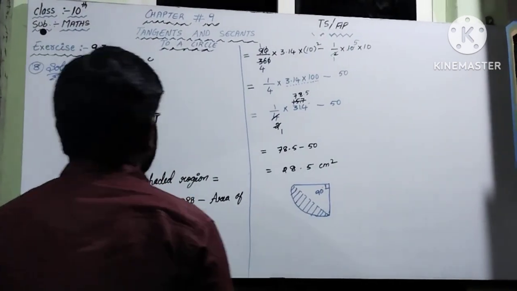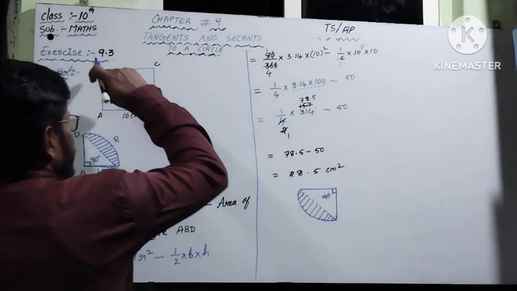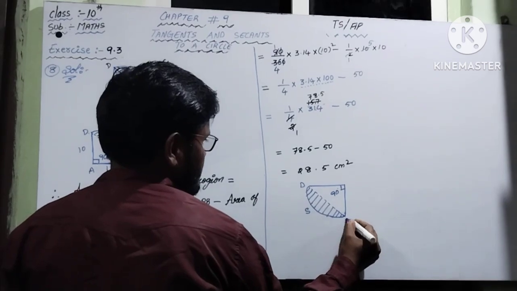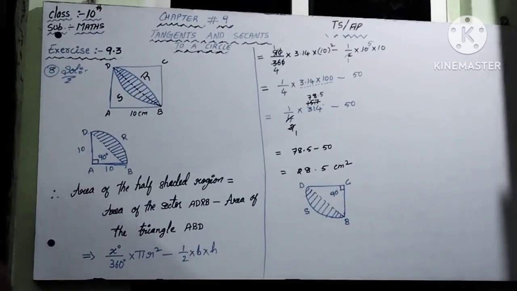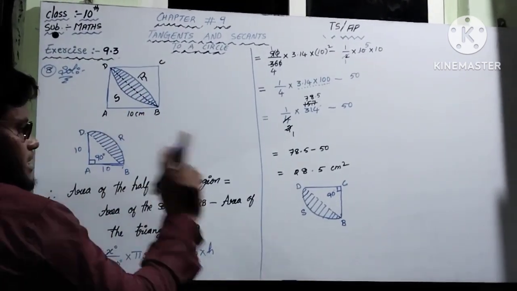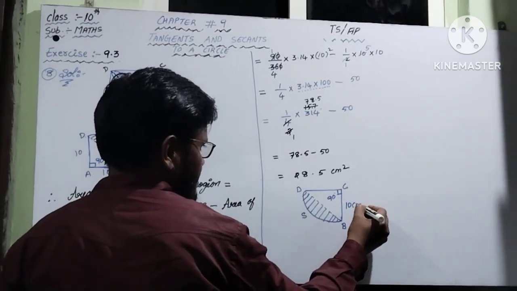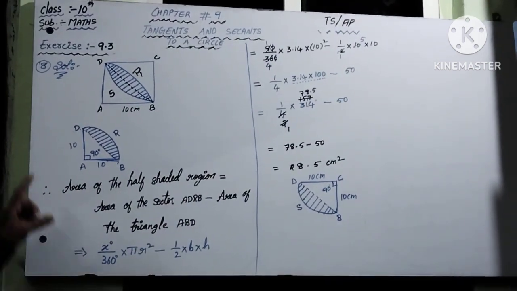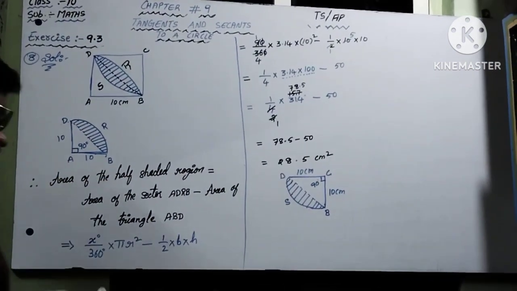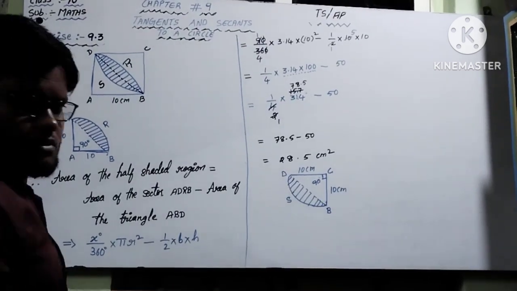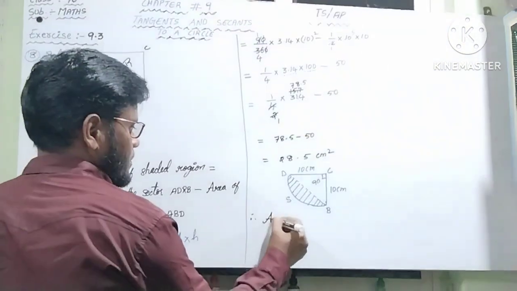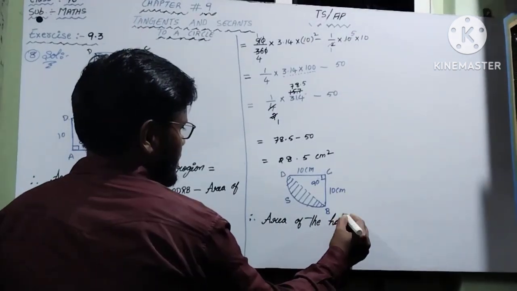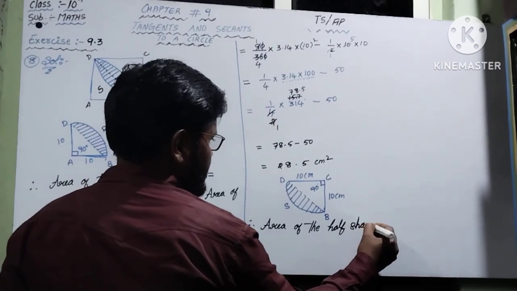Okay, the next. Let's take the vertices D, S, B, C. Understand? The next, all the sides are equal in a square. So this is equal to 10 centimeters. This one also equals 10 centimeters. Now the same step here also we have to use. So area of one more half shaded region. Area of the half shaded region